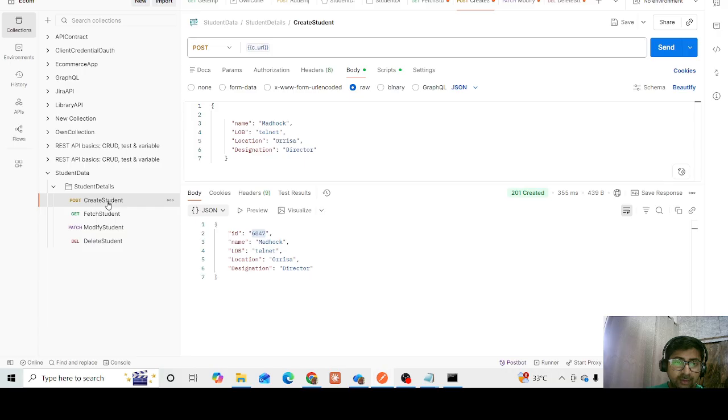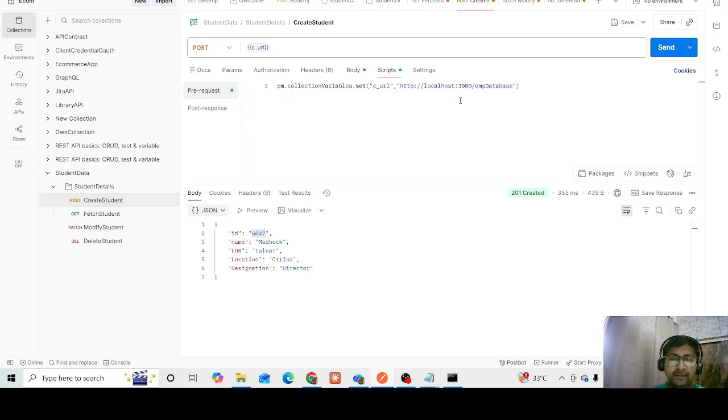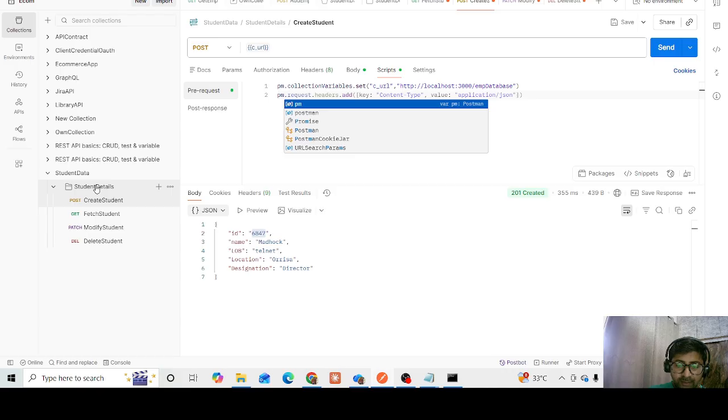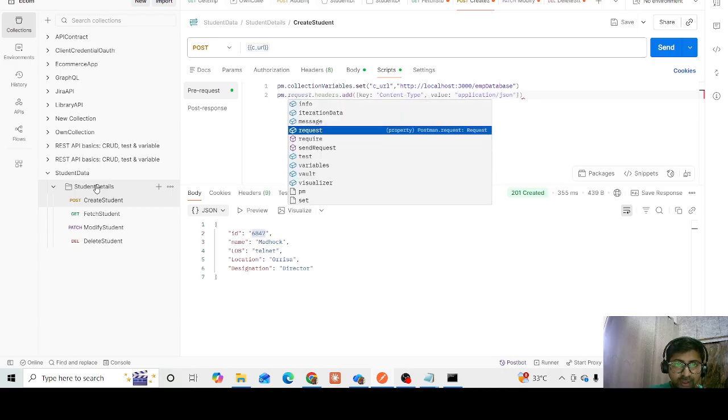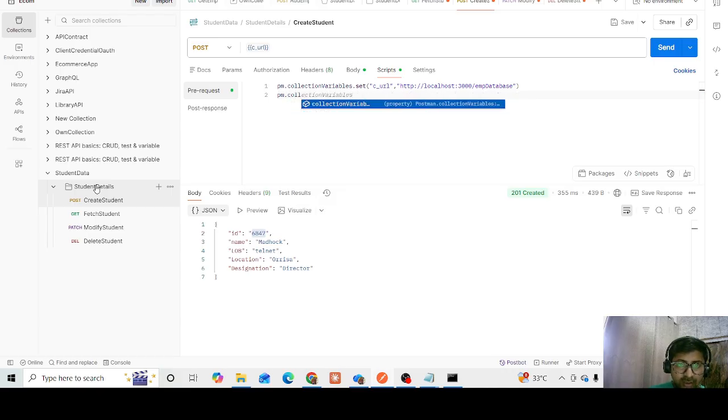Now after coming over here, what you will do, like again you have noticed that your ID is also changing. So ID is what? ID is going to work. You know that it is going on this environment as well as it will work in this entire collection. Correct? तो हम लोग उसको ऐसे भी दे सकते हैं pm.request collection variable.set